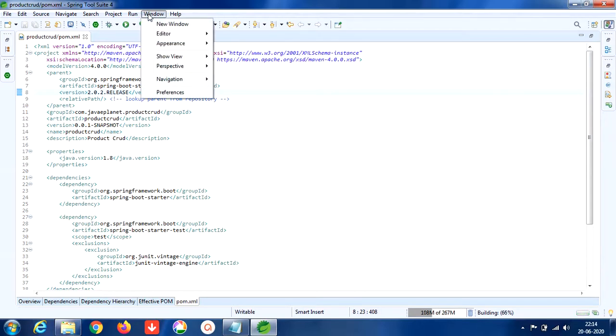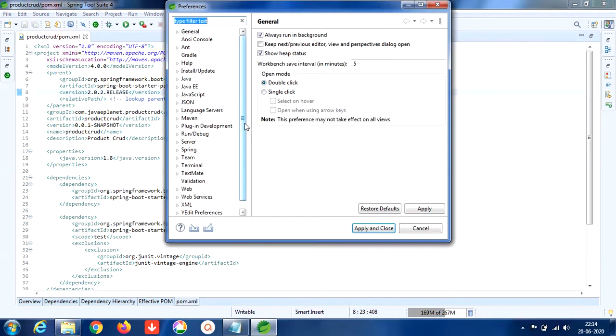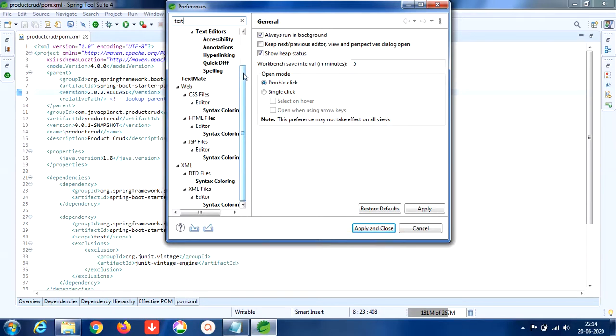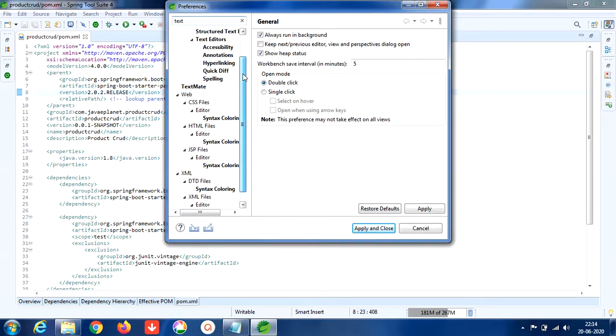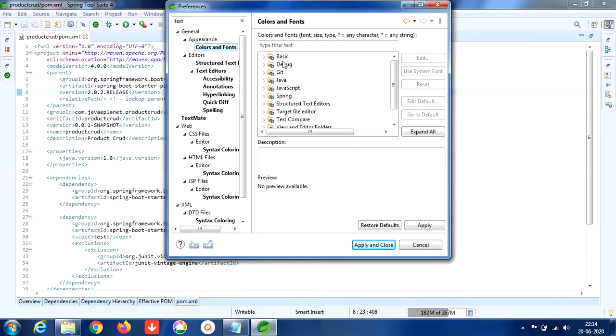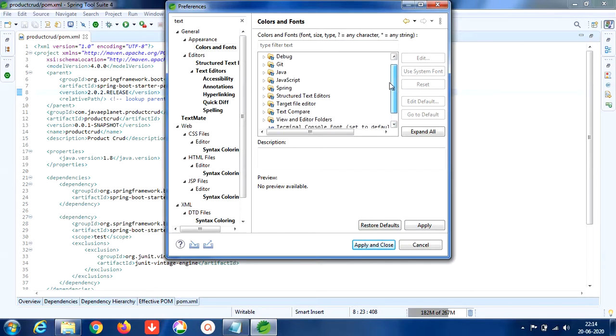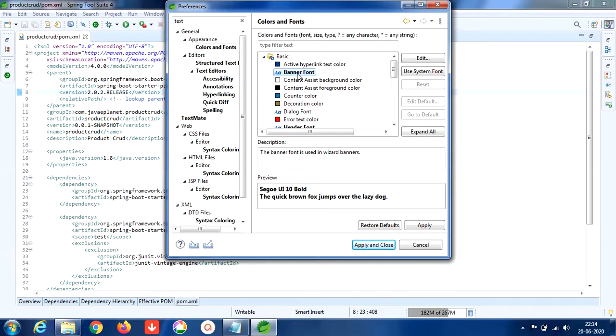Let me go to the Windows preferences, text, basic, text font.